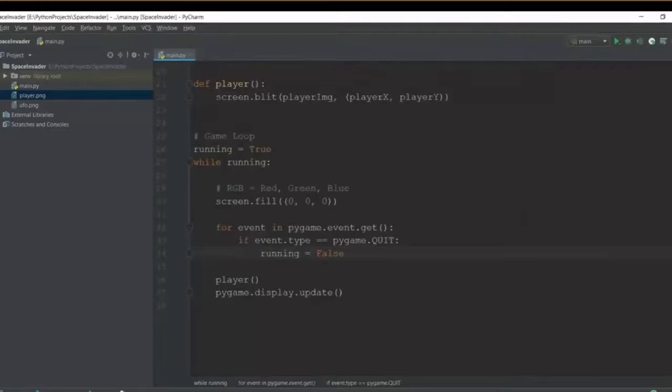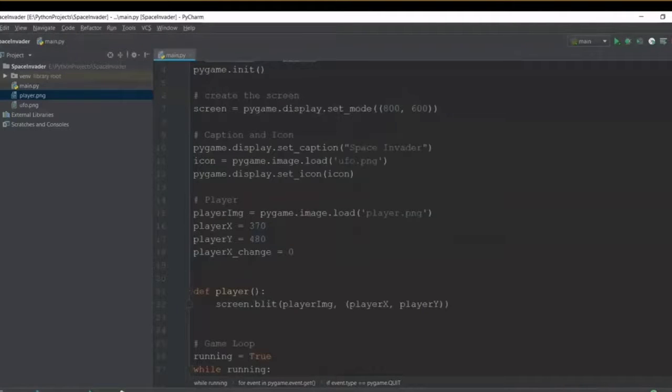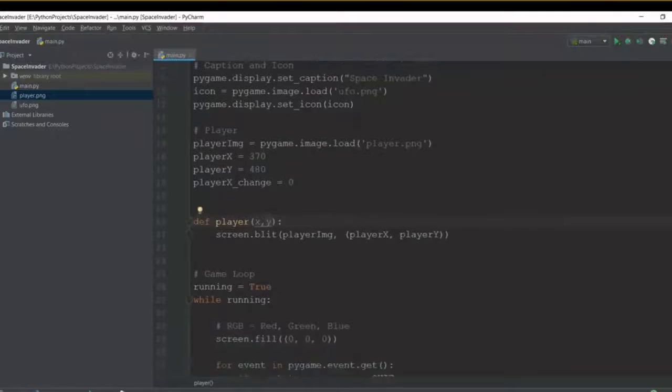So anyways, we need to do something so that we can manipulate the value of player X and player Y from the running while loop. What we can do is go to this def player function and over here add X, Y so that we can send in the values of the new X and Y coordinates that we want.